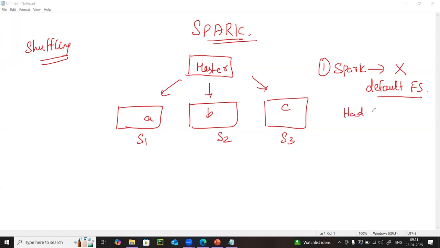Now, tell me what is the default file system for Hadoop? That's HDFS. Exactly. And it has 2 major components. Any data that I want to process inside Hadoop is going to be stored inside HDFS, and the processing approach will happen through MR. So when we say I'm going to deploy a Hadoop cluster, it's like a full-fledged cluster. You have the storage and you have the computation also. But the biggest challenge in Spark, now I wouldn't call it only a challenge, it can be considered as an advantage also in certain situations, is that it does not have a default file